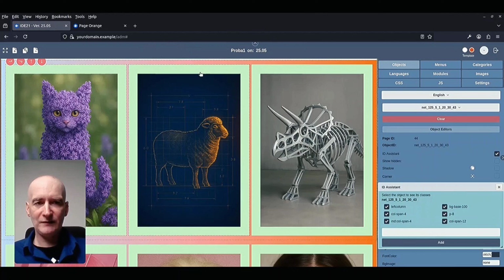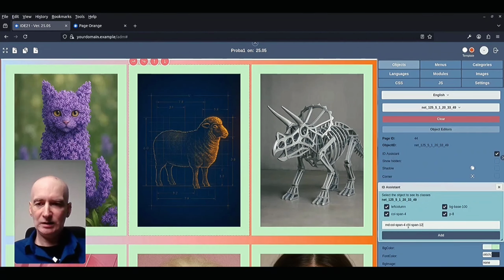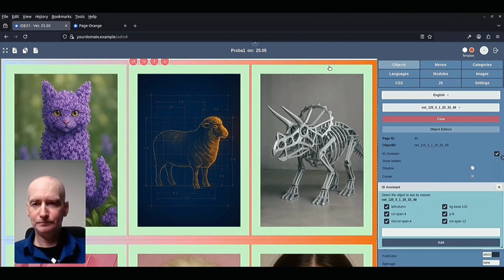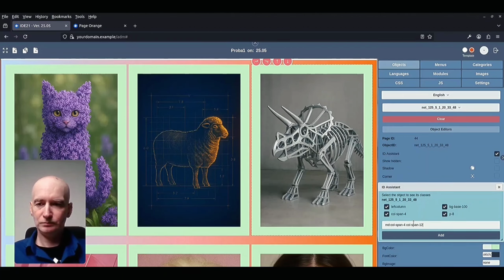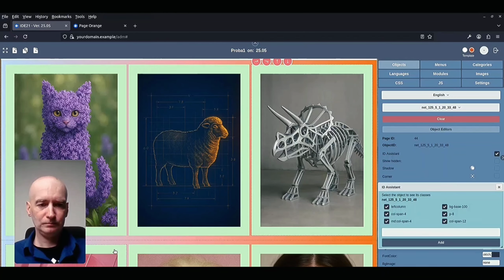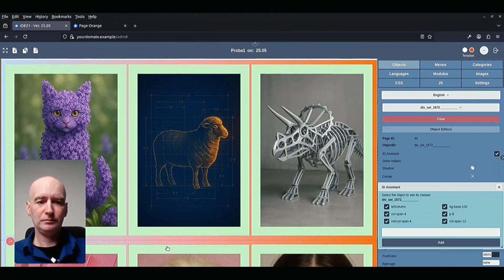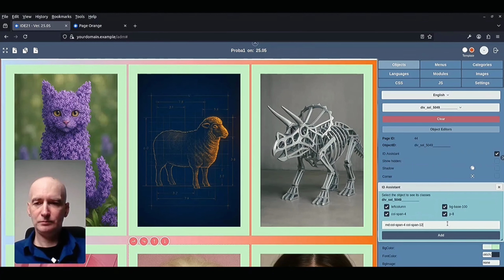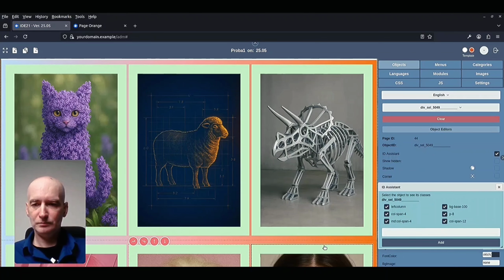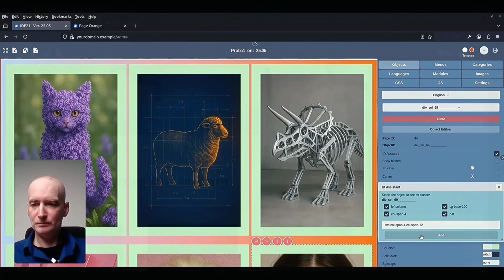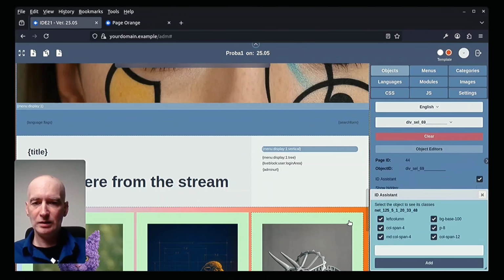We will do this for all these objects. Like this. Because we did not uncheck col span 4.